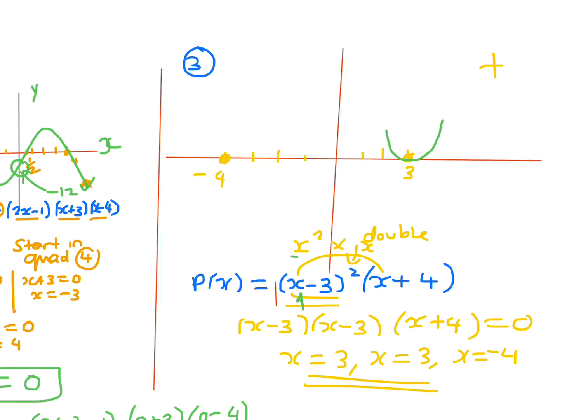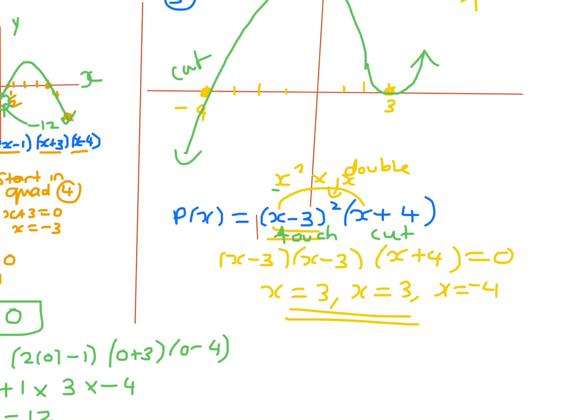So if it's a double root, it will touch like a parabola. If it's a single root, it will cut. So it's going to come up here, back down, and it is going to cut. Okay. Now, if you put in x equals 0, p of 0 is